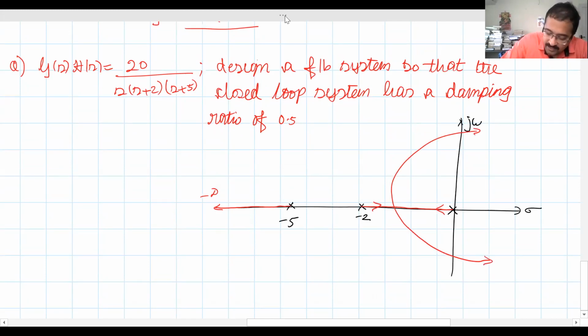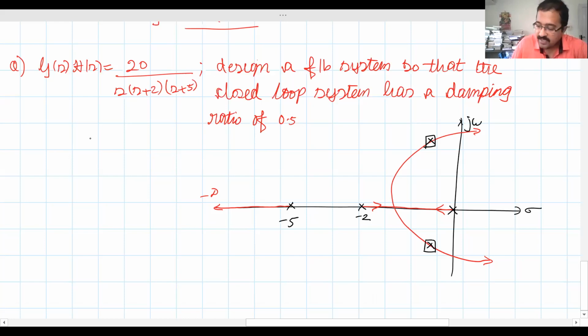So now we have to identify the dominant pole pair. For that we are given some condition: it should have a damping ratio of 0.5. If you remember, how can you represent damping ratio in the S-plane? They are characterized by radial lines. Radial lines represent constant damping ratio or constant percentage overshoot lines. So somewhere you can say this is your desired dominant pole, and there will be a complex conjugate pole corresponding to that. So this is the desired dominant pole, right? What are we going to do? We are trying to find an approximate equivalent second order system of this closed loop plant.